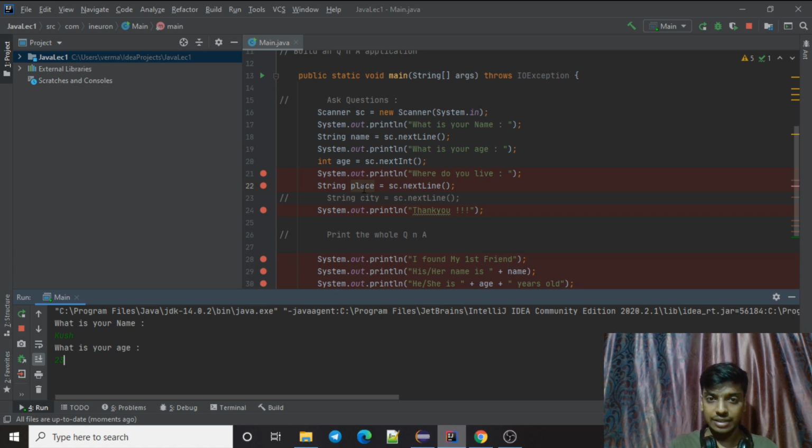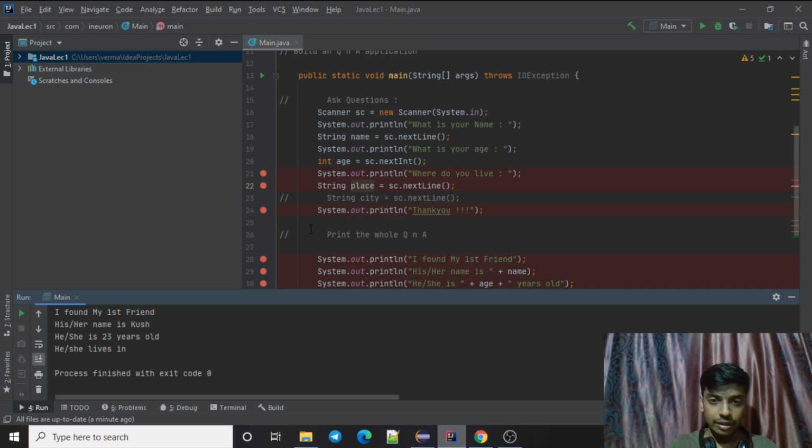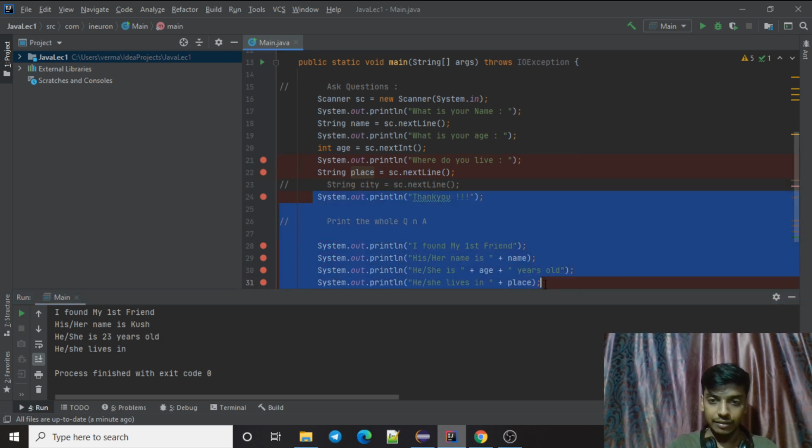I hope you guys are getting this point. This is a little complex, but try to understand it. If you're not understanding it, just watch it one more time. So when I hit enter, basically it should read this, and then when it executes this, it should stop for me to enter something to store into place. But because it already has an empty string available that will be saved into place, it will not stop here, right? And it will go to these things, and it will print the values.